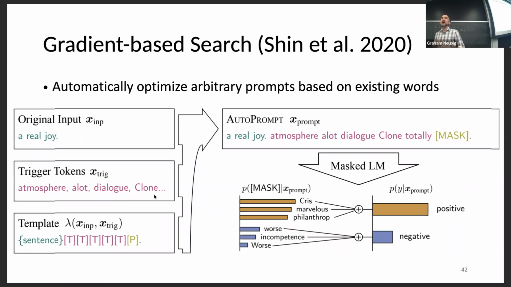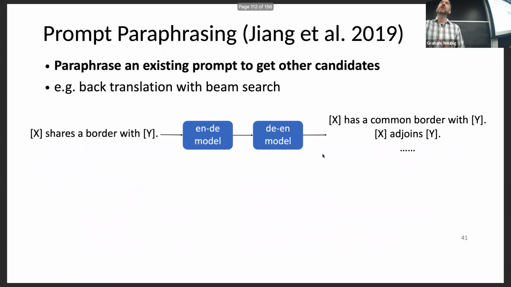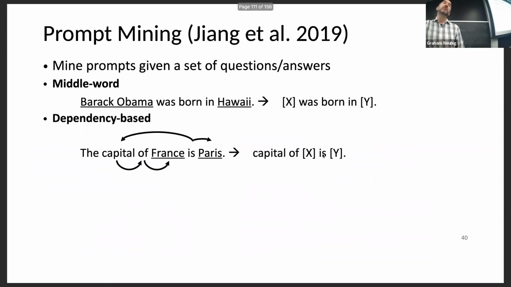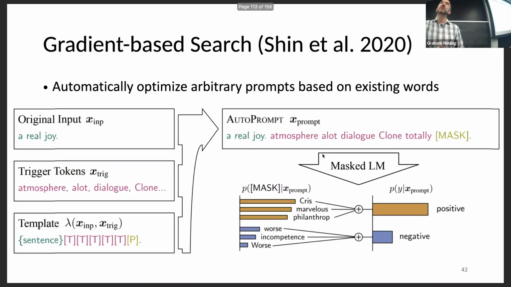And one interesting thing here is that this can outperform, on in-domain data sets, both of the methods that I talked about before, like prompt mining and prompt paraphrasing. However, the issue is that it gives you prompts that look a little bit like gibberish, which is not a very natural way to describe, for example, sentiment analysis. So we're getting into the area where it's no longer actual natural language, comprehensible text.